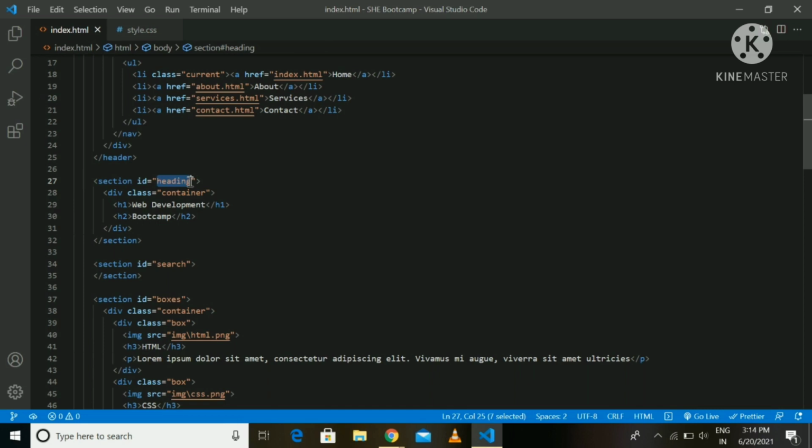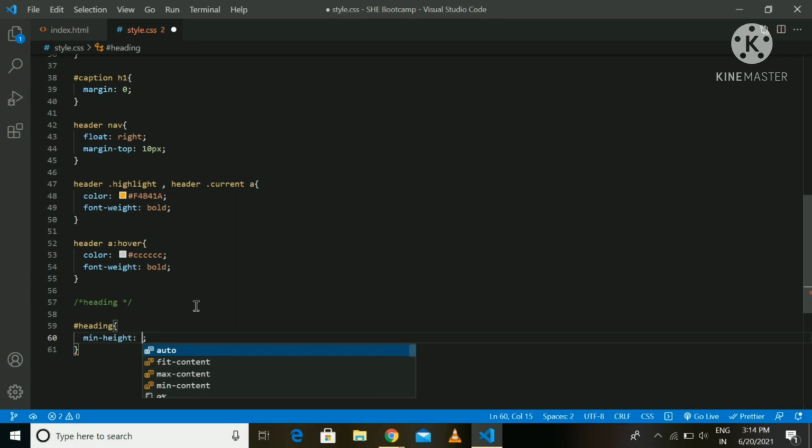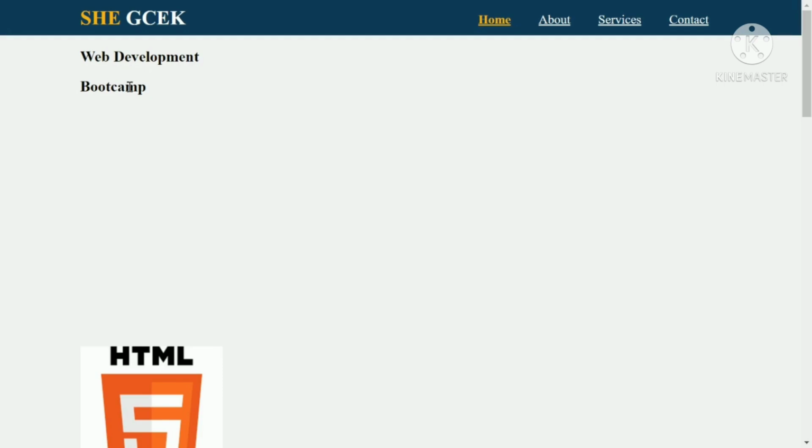First of all, I am selecting this ID selector hash heading. First of all, I will give a min height. Now we can see that the heading section has a minimum height of 500 pixel and all the other HTML